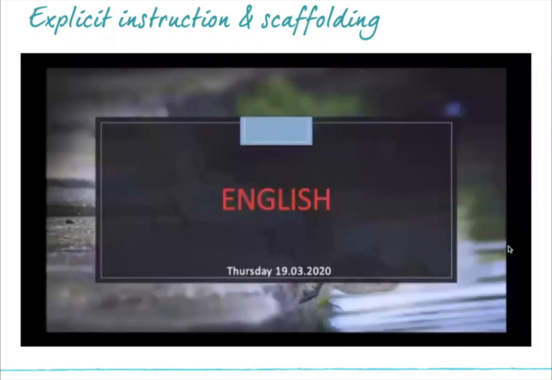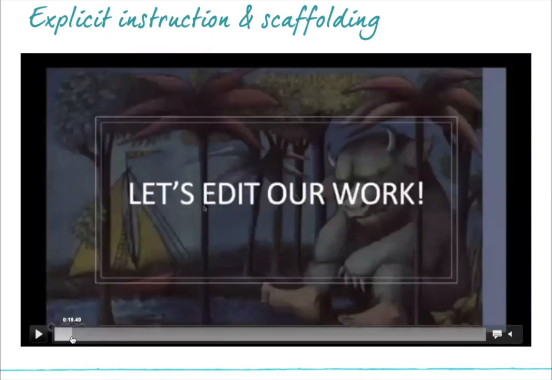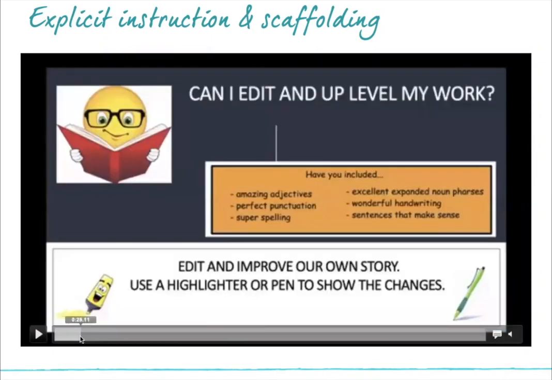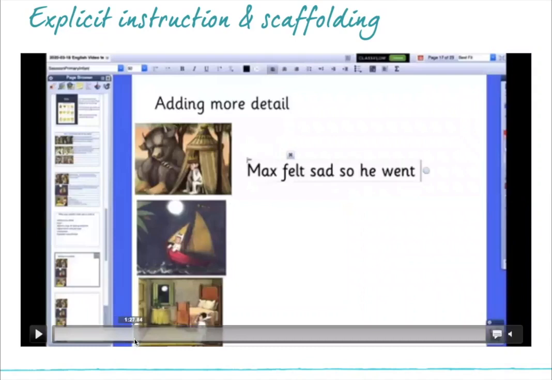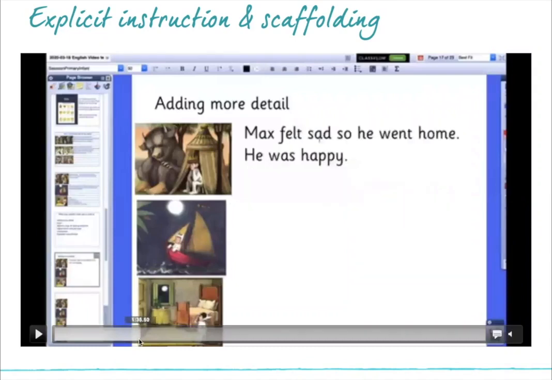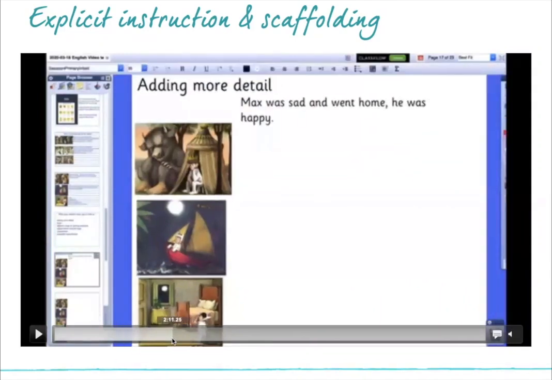Okay, I'm not going to show all of these. You can kind of think of it as wallpaper if you want, and we'll just go through a few little bits of it. So this is, we were doing Where the Wild Things Are. So this is the part where we've come back from our writing and we want to write a bit more. So this is how we approach this. So we wanted to add more detail,